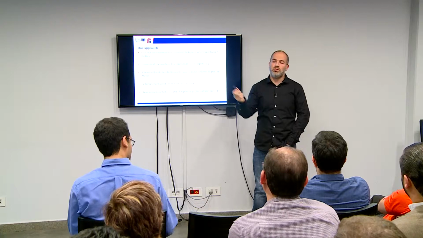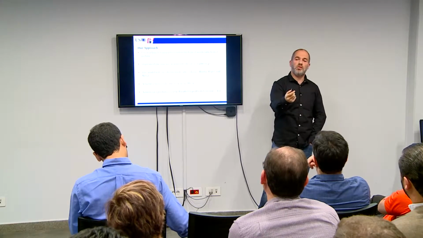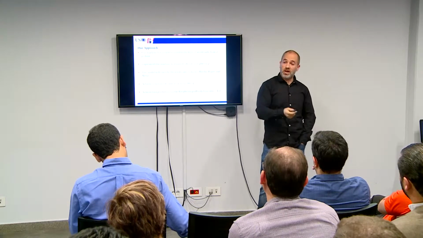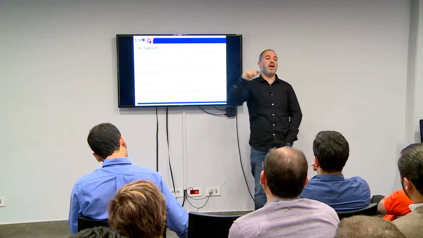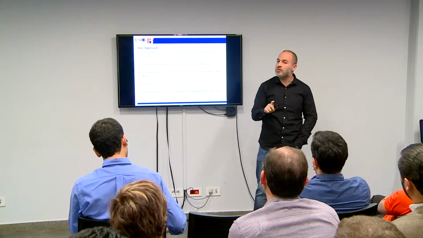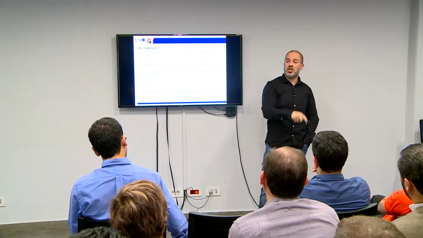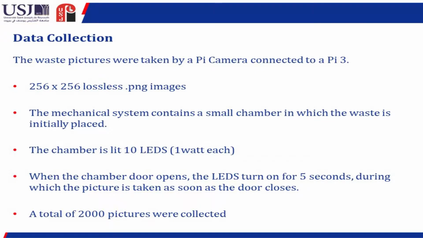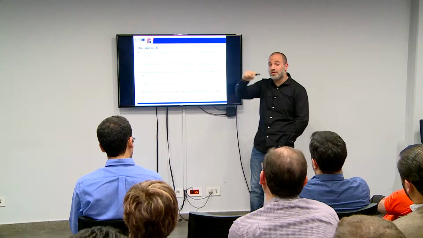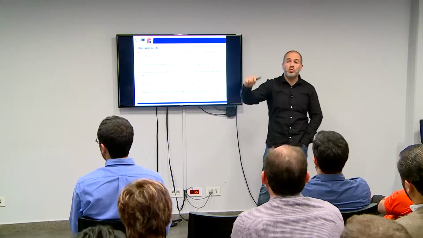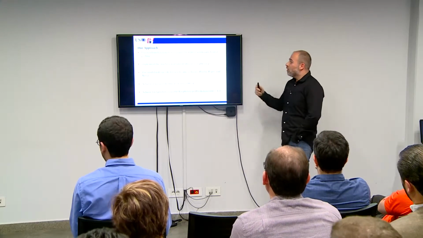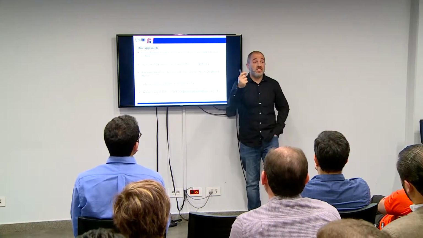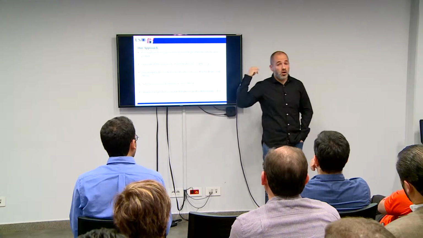So I don't need to tell the network, go look for shiny pixels, and if you find a shiny pixel, then that's a metal. No, it's going to learn by itself, so that every time it finds a shiny pixel, it's going to know that this is a metal. That's the beauty of the deep neural network. So you don't have to handcraft your features manually. It will learn by itself. OK, so we used this deep neural network to train on our 6,000